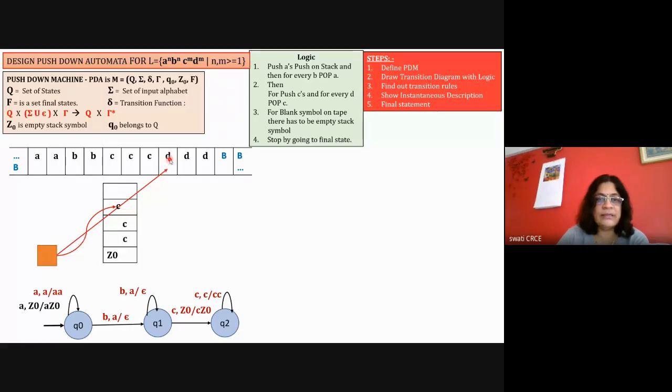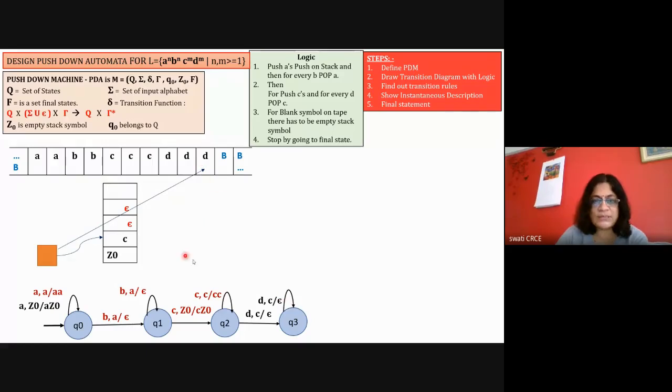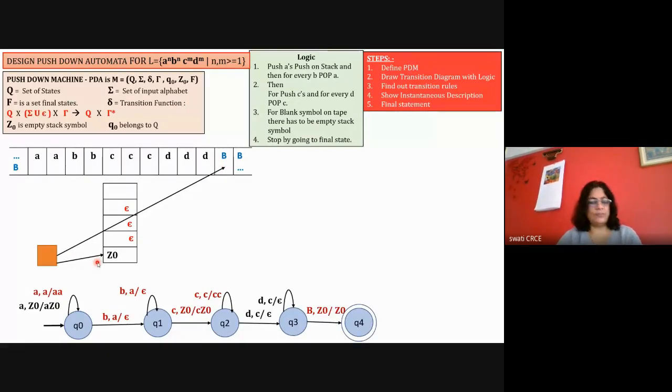And now the read head is reading the next symbol, that is D. So with D, it has to do the pop operation. Q2 is for the push operation. Q0 is also for the push operation. And Q1 is for the pop operation. So like this, it will go to state Q3 to perform the pop operation. D comma C is equal to epsilon. Again, it will get any number of D comma C, and the same transition will happen. And then in Q3, if it is getting B comma Z0, it will go to the final state and it will stop.